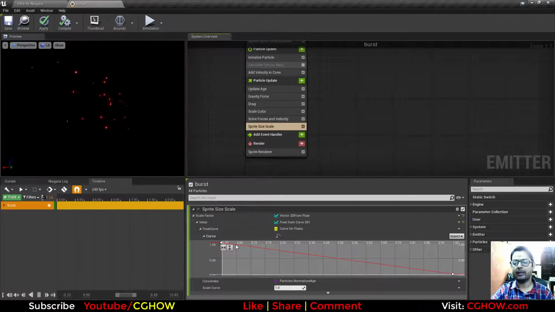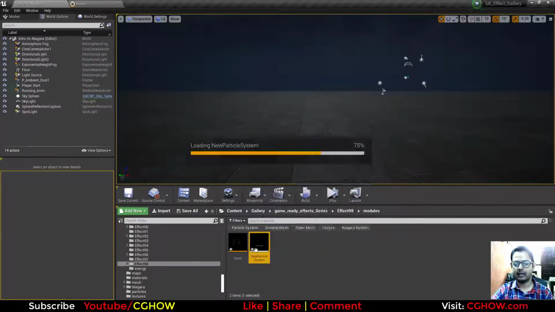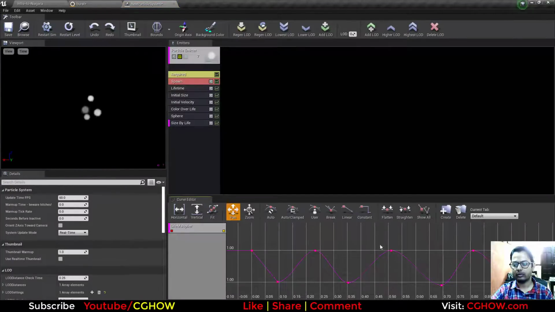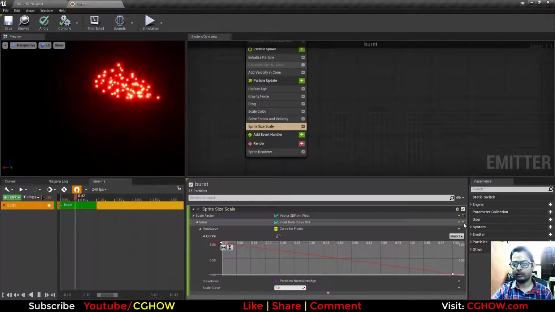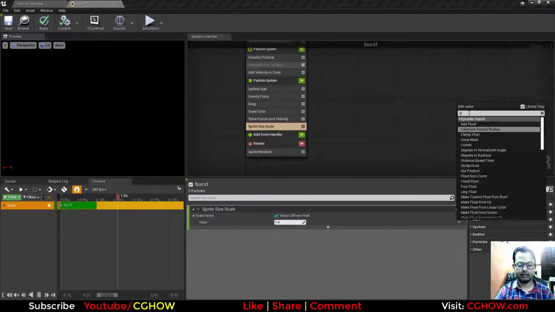Now I can animate this curve, but the shortcut way is to use a sine wave. You know how a sine wave looks. In my Cascade I made this curve, so a sine wave works like this, but you can control it very quickly. So instead of this curve, I have this float, and I will take sine,